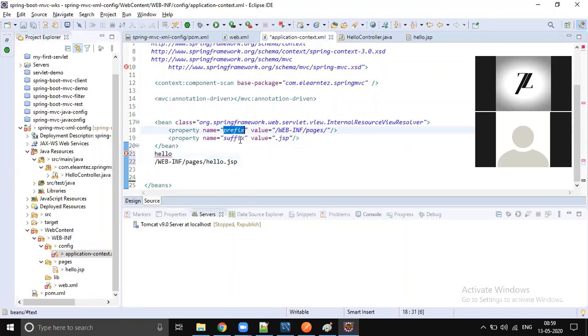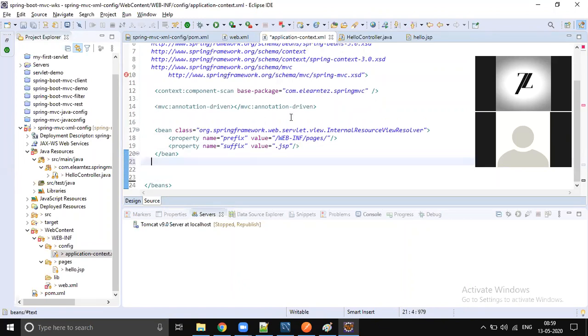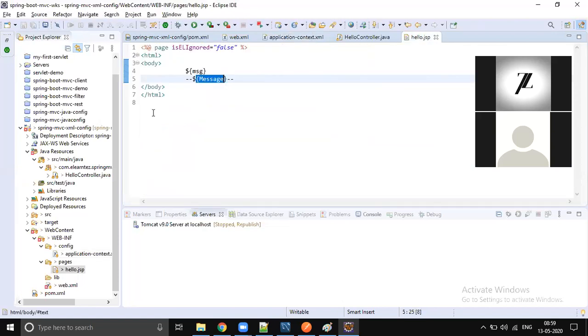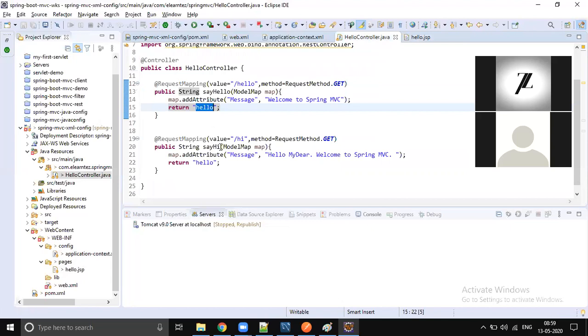Just because of this prefix and suffix. So when I run this code, hello.jsp is the page we're going to see, and the message which we set in the model will be displayed over there.